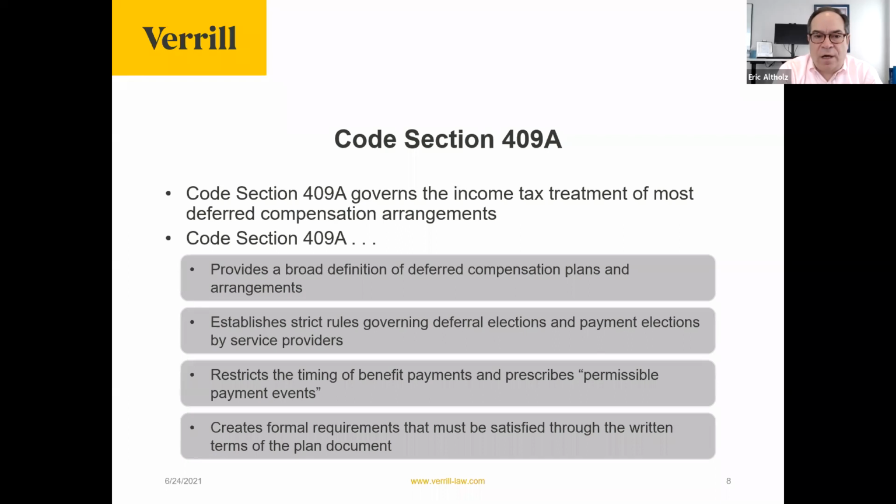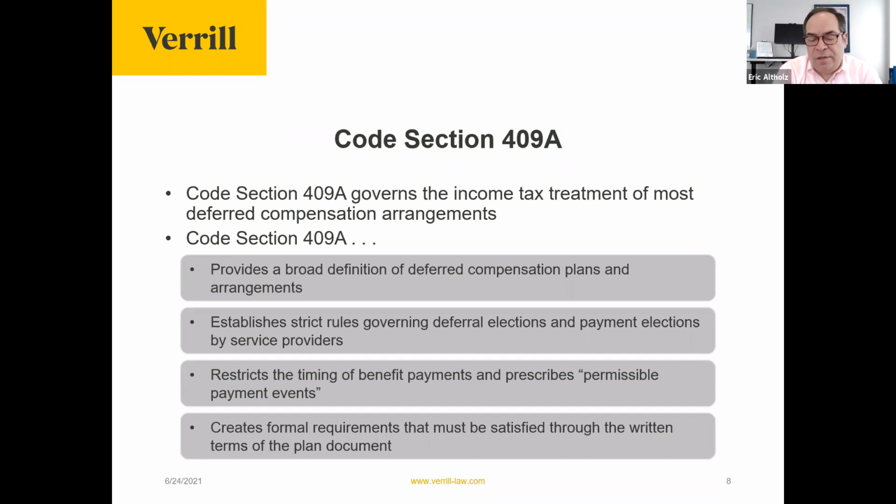Basically, Section 409A does this. It provides a very broad definition of deferred compensation and what is a deferred compensation plan. It establishes very strict rules governing voluntary deferrals, so salary deferral elections made by employees, as well as payment elections, so the time and form when the payment of the deferred compensation will be made.